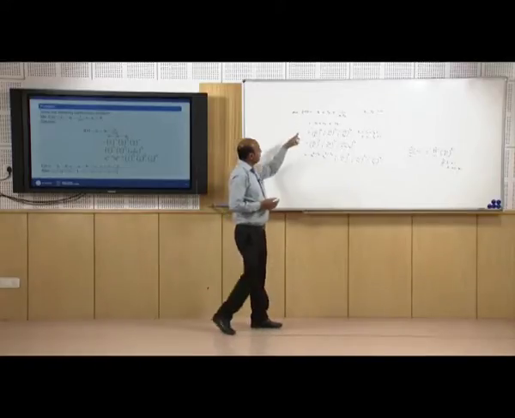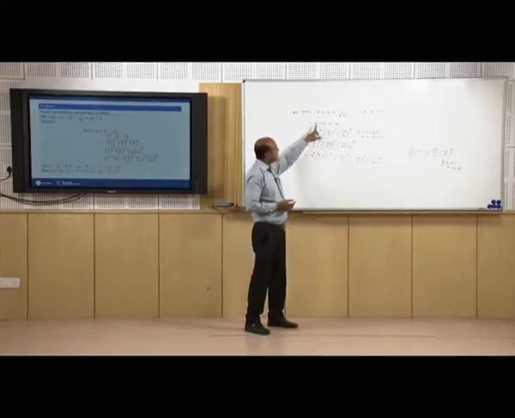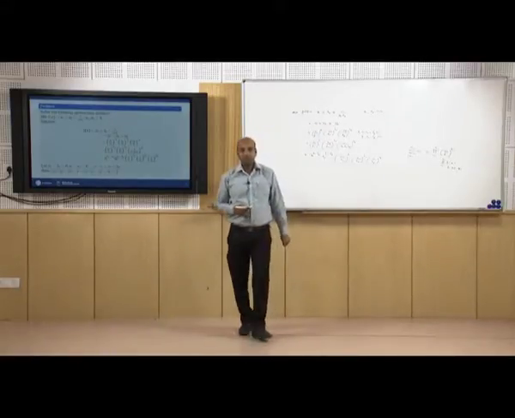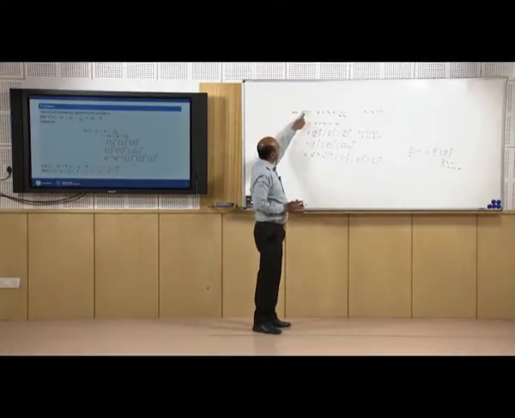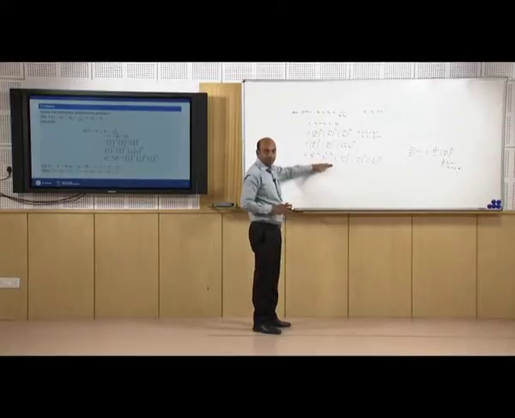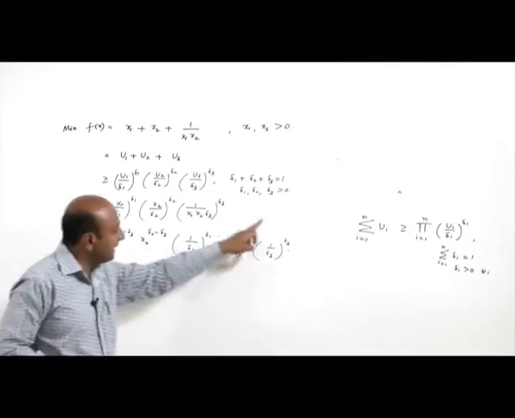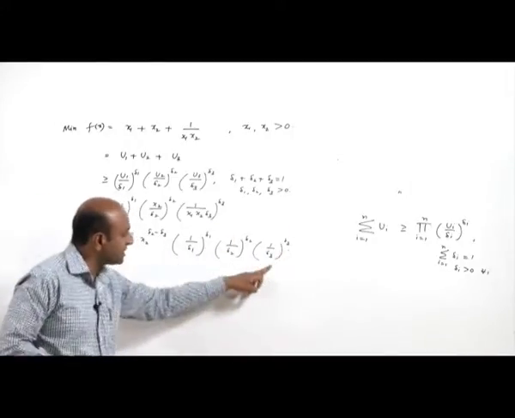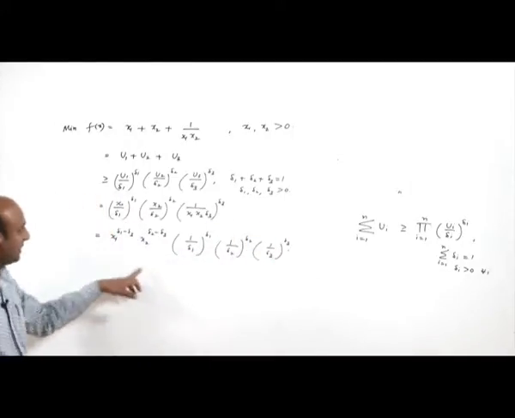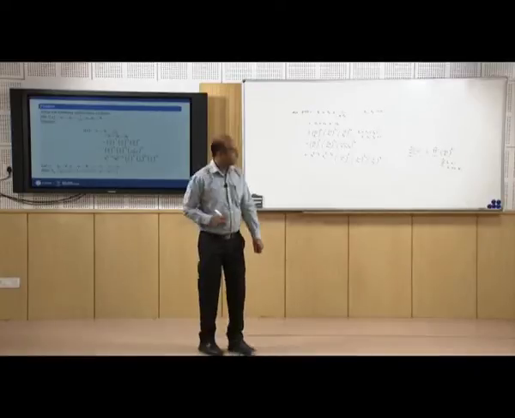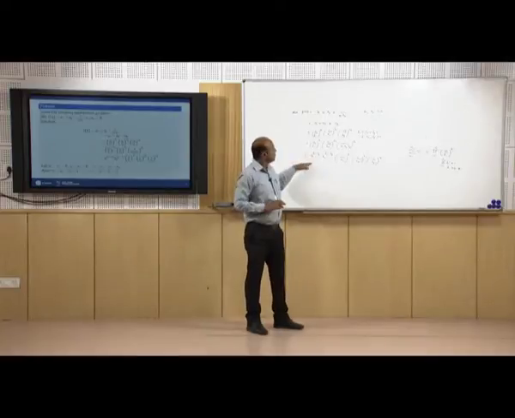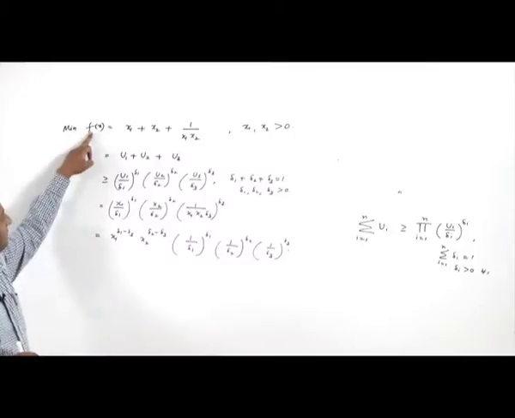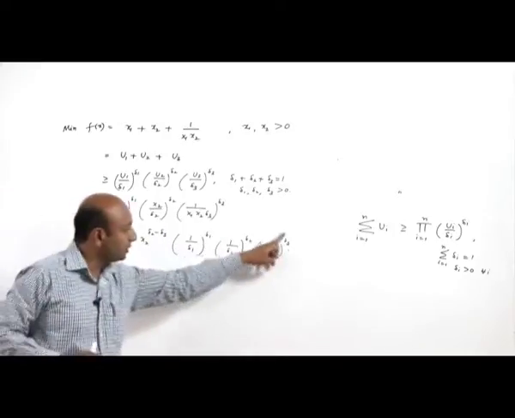Now, we want to minimize f(x). f(x) is nothing but sum of u1 plus u2 plus u3. We want to minimize it. In order to minimize this, we are getting an inequality f(x) is greater than or equal to something. So, if we are getting a maximum value of this expression, that will give a lower bound of f(x). You see, f(x) is greater than or equal to this expression. So, to find out the minimum value of f, we have to find out the maximum value of this expression.